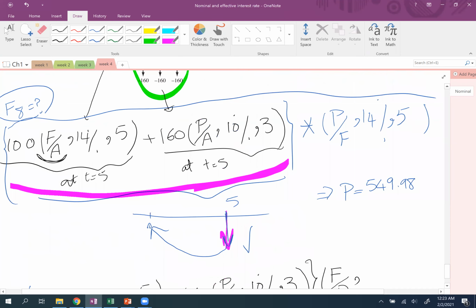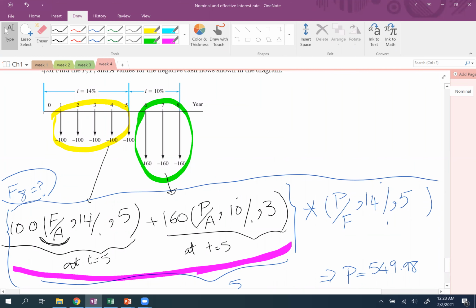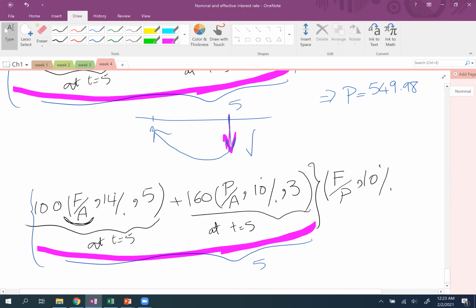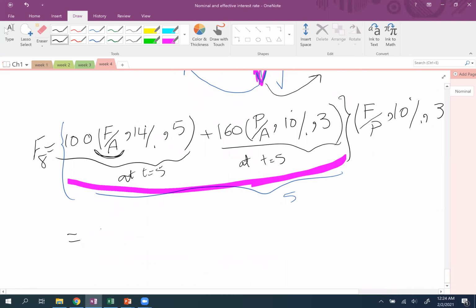Interest rate is what? Look at here. Do you agree if I am at time 5, I want to shift something to time 8, I have to use the interest rate that is shown in green. So interest rate is 10%. From 5, this time, I want to move forward to time 8. So it will be 5 to 6, 6 to 7, 7 to 8. So it will be 3. So in this case, you will be able to find the value of future worth at time equal to 8. If you do the calculation, you will see that F for time equal 8 will be 1409.4